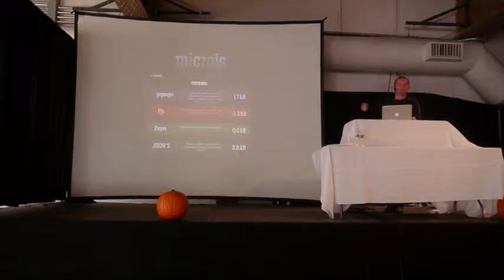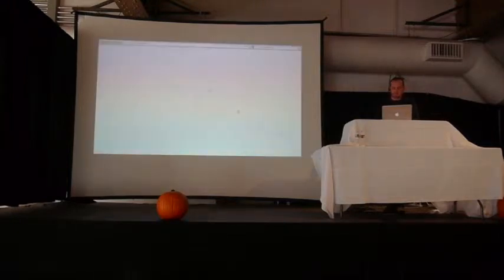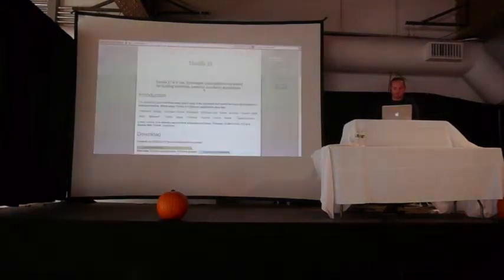You can see Nope, for example, up here, which is a tiny little script loader. Also, there's this thing called Vanilla.js. It's a pretty hot framework. It's also just a joke, and I won't explain the joke, but